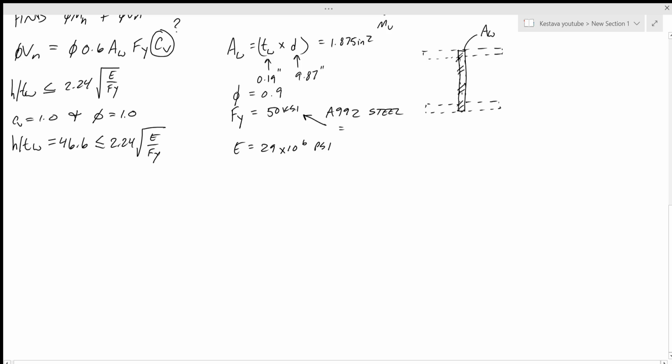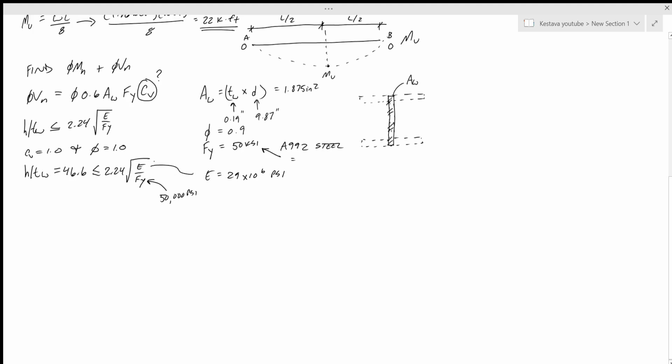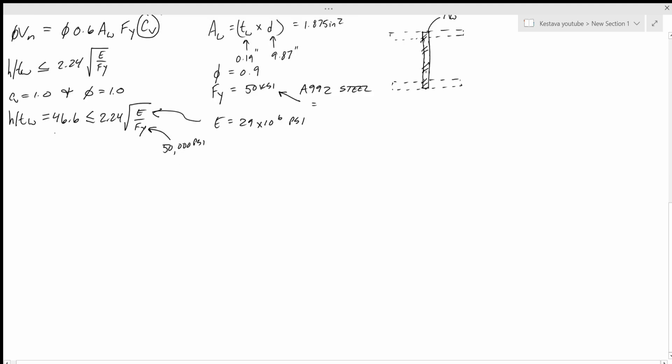50 ksi will now become 50,000 psi. You'll have 50,000 for Fy. And then E, it's just as we said. Okay. And that'll get us, once calculated out, less than 53.9. So that is true. So that's okay. That means that phi v equals 1.0 and Cv equals 1.0. Okay, awesome. We have everything to solve for phi Vn, which equals now, so phi is now 1.0,